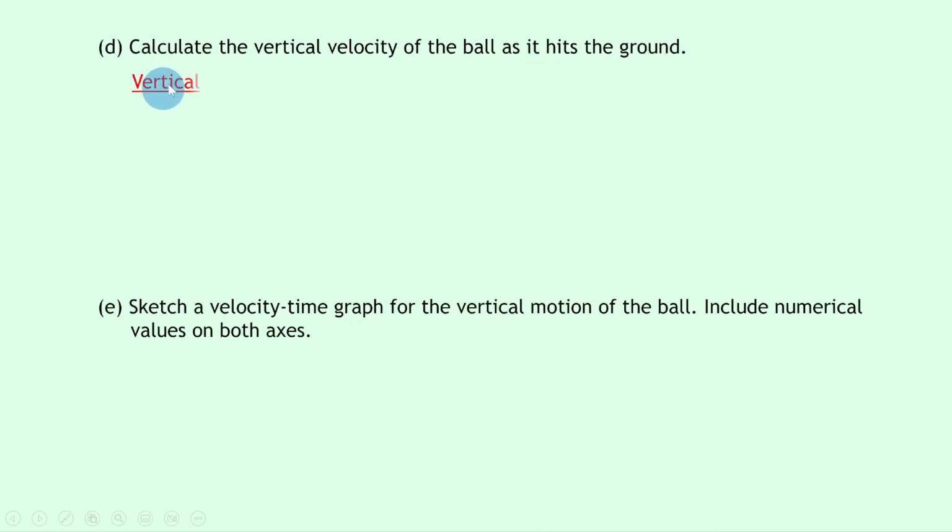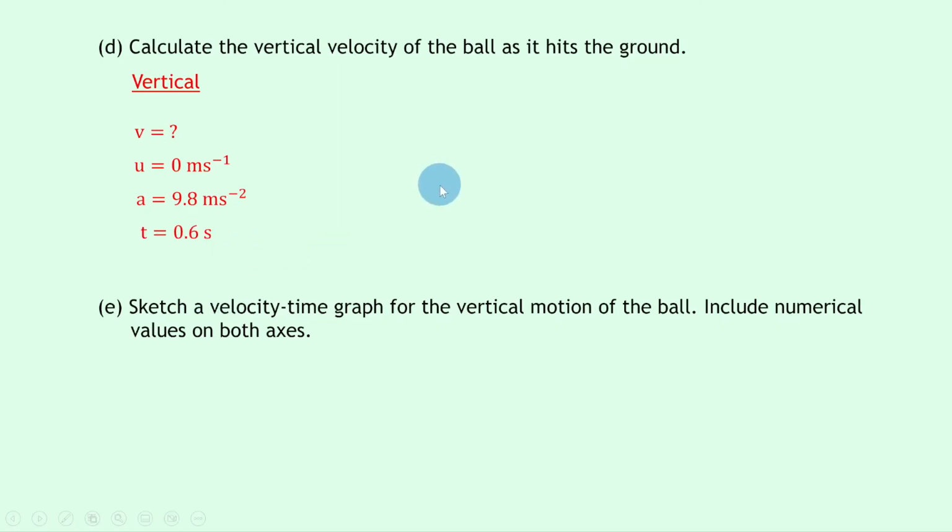Part D then says to calculate the vertical velocity of the ball as it hits the ground. This time we're thinking about vertical motion, so we're going to use the vertical data, and we're trying to find the final vertical velocity v. We know the initial vertical velocity u is always going to be 0 meters per second for a projectile, and we know that vertical acceleration a is always going to be 9.8 meters per second squared for a projectile. The time we know is 0.6 seconds